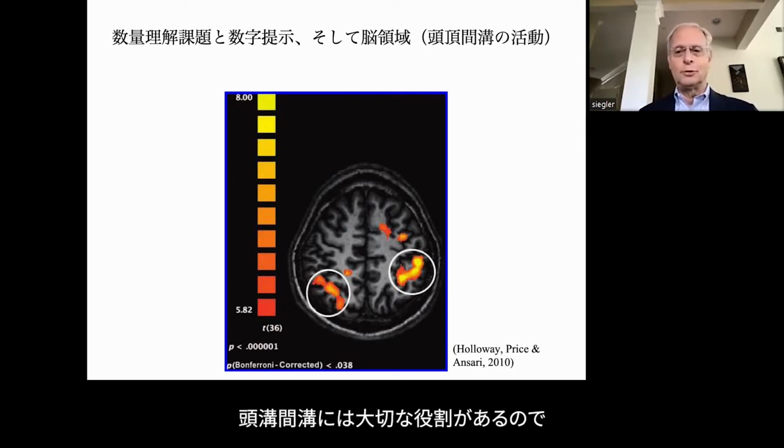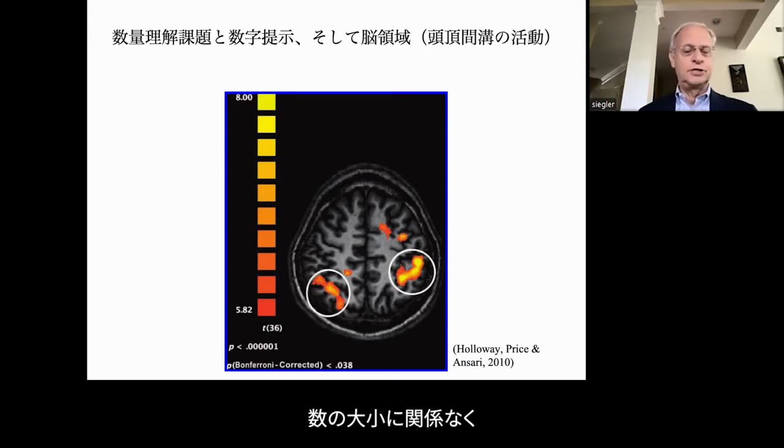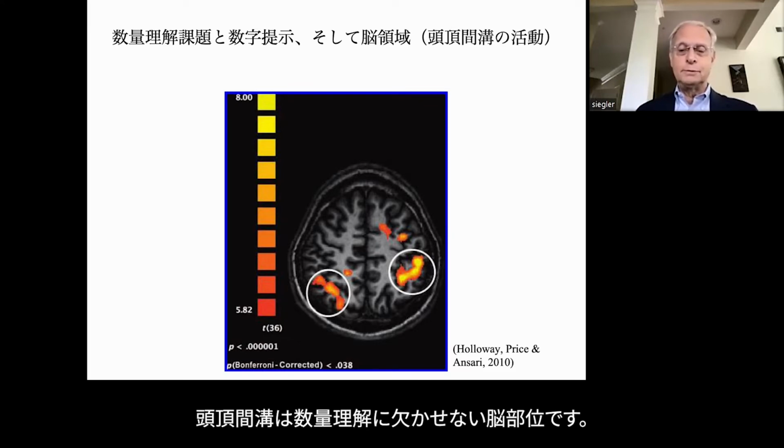It's very important in pretty much any numerical task. It doesn't matter if it's arithmetic or magnitude comparison or whatever numerical. In fact, even if there's no task, if you just show people dots or numbers in display, like you put the number 37 on the screen, these areas of the brain light up. So they're very important in magnitude processing.